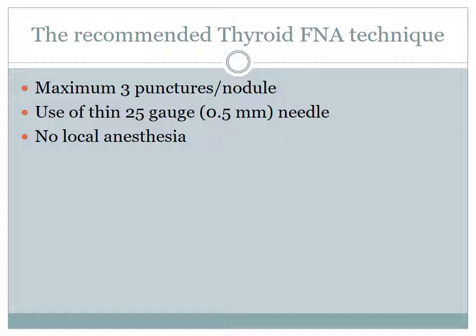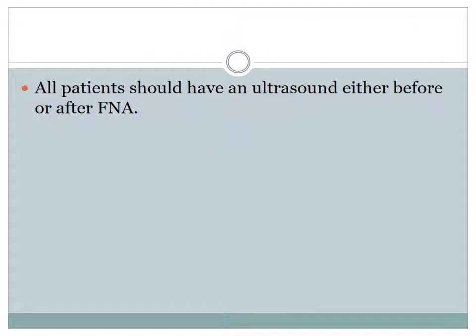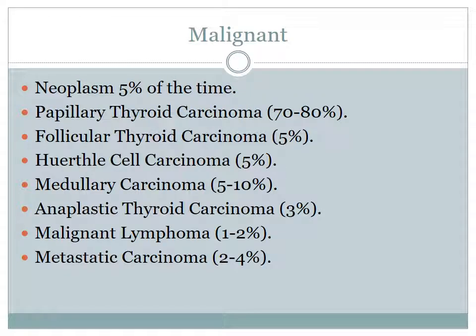Use a 25 gauge needle, and we don't do local anesthesia for this procedure. So all patients should have an ultrasound either before or after fine needle aspiration. So in the majority of cases of fine needle aspiration, it is benign in 95%, and only 5% are neoplasm. So the most common neoplasm associated with biopsy of thyroid is the papillary thyroid carcinoma in 70